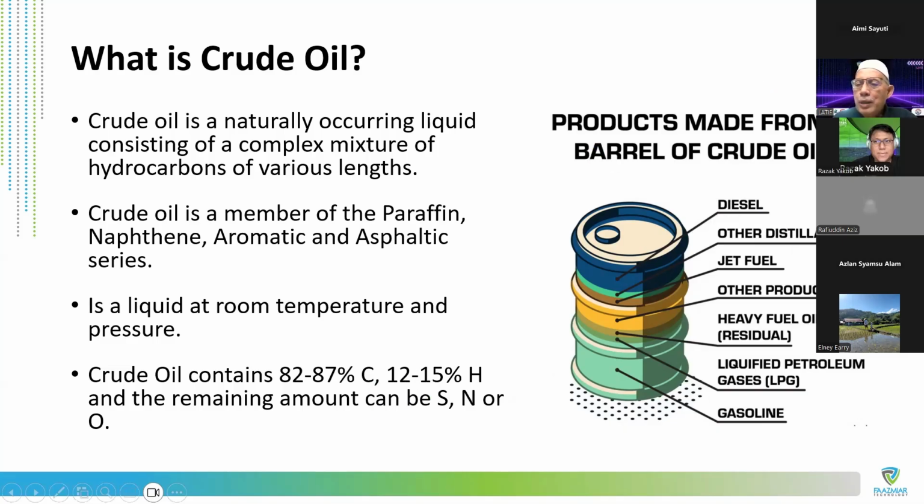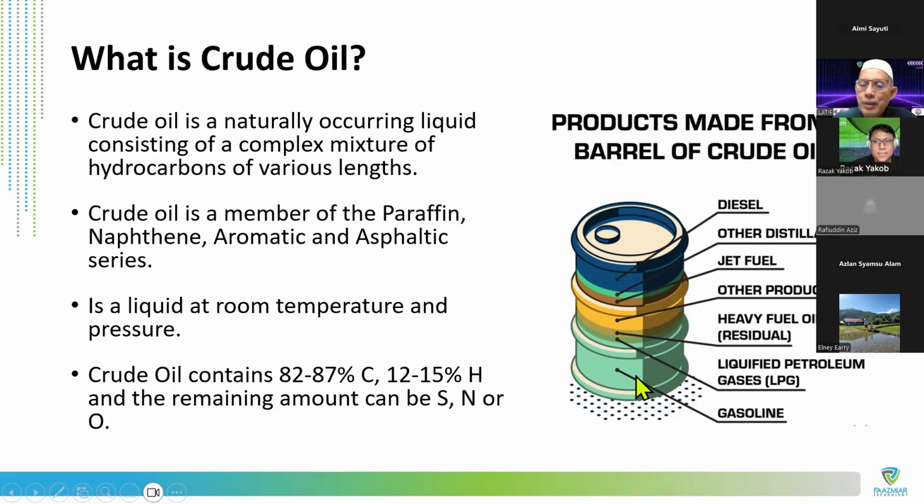Okay, so products made from a barrel of crude oil. We have crude oil coming up from the offshore. We can start to break down the crude oil through the refinery. It can become diesel, jet fuel, and then we have the residue of heavy oil, and then you can also have some gas inside that, liquefied petroleum gas, and of course some gas that was dissolved and comes up as free gas. It becomes gasoline or gas form.